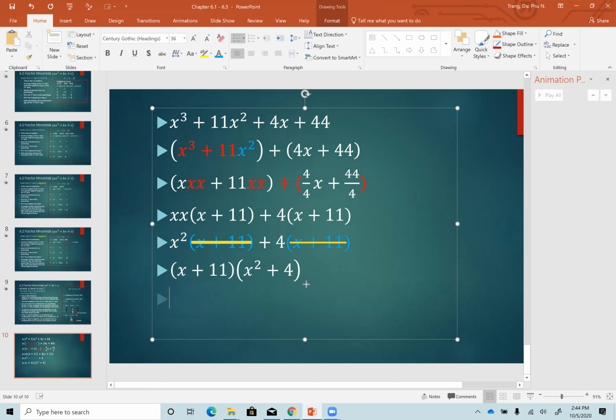x plus 11, x squared plus 4. Okay, so one thing is, like I mentioned, at this step right here, whatever this step is, your goal is you need to have the same exact item in your parenthesis. If they are not the same exact item in your parenthesis, you did something wrong. Okay,